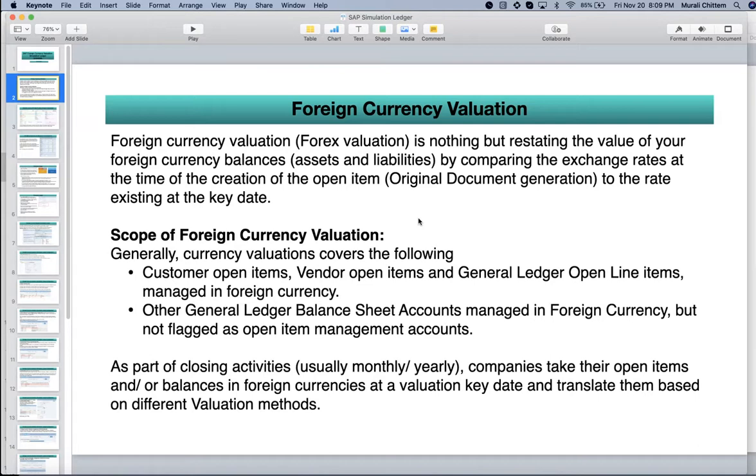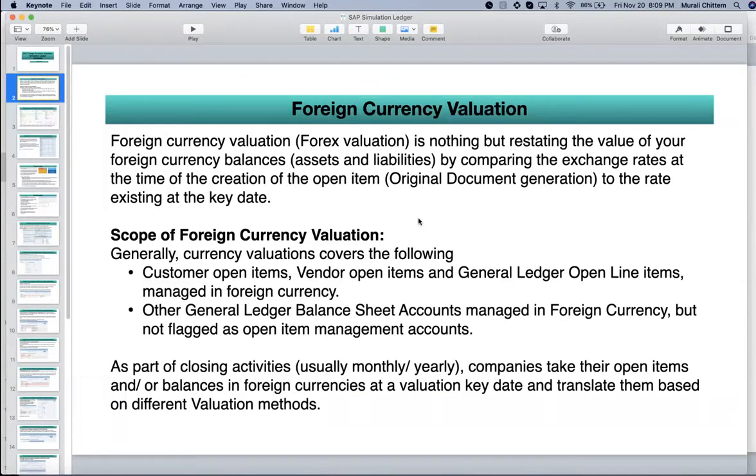There are also a few other balance sheet accounts which are managed in foreign currency but not flagged as open item managed accounts. The first set is open item managed: customer open items, vendor open items, GL line items. The second is balance sheet accounts which are not managed on an open item basis. Companies do this forex valuation during month end, quarter end, or yearly.